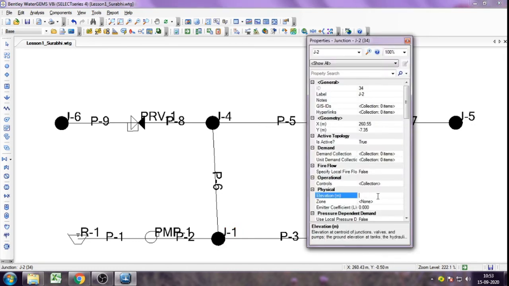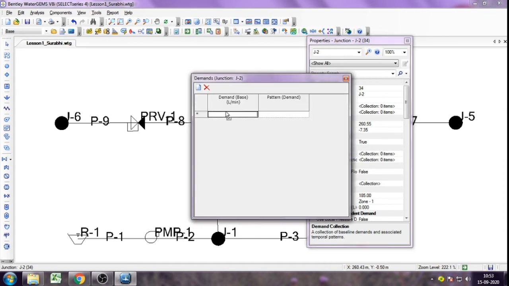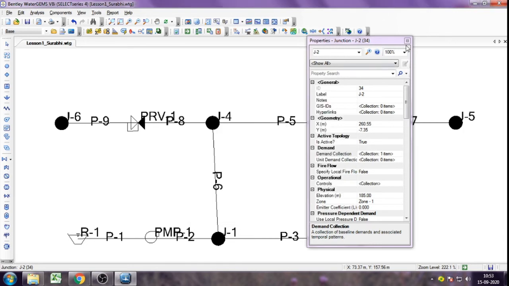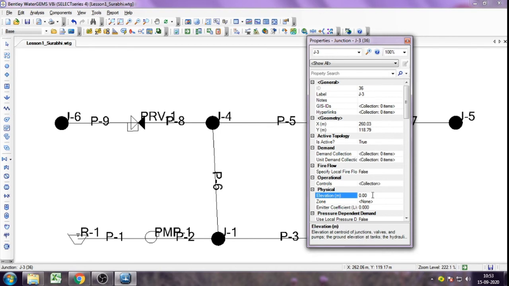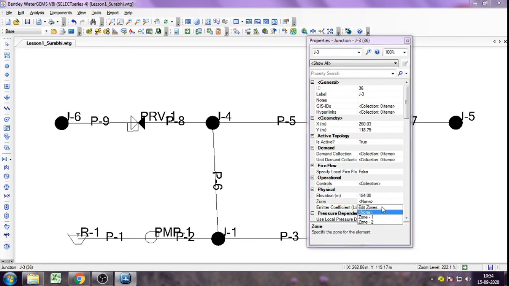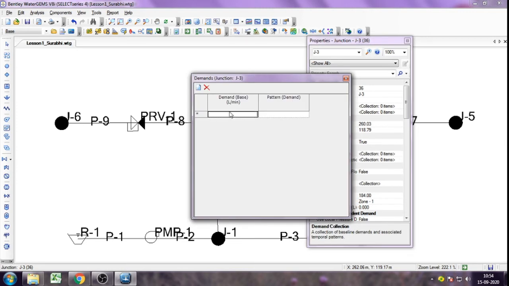Junction 2, elevation 185, zone 1, demand is 31, pattern fixed. Junction 3, elevation 184, zone 1 and demand 34 liter per minute.